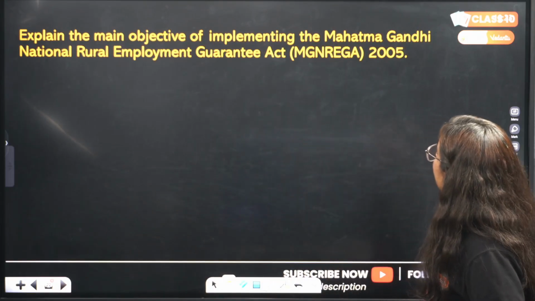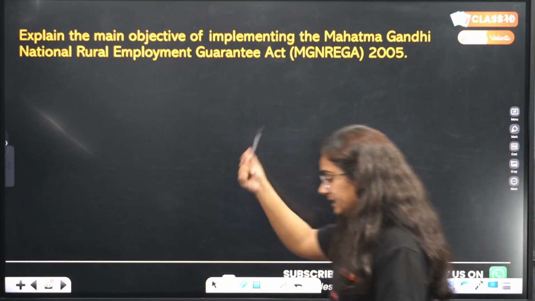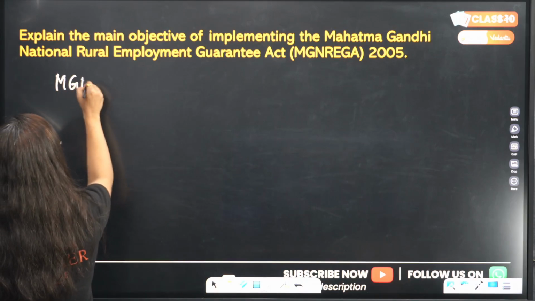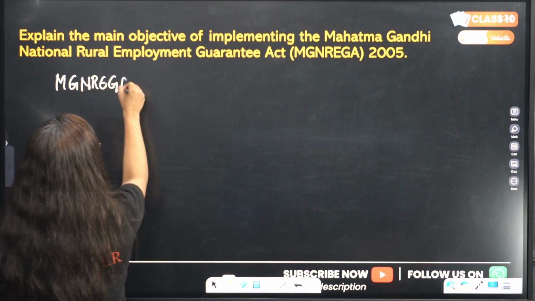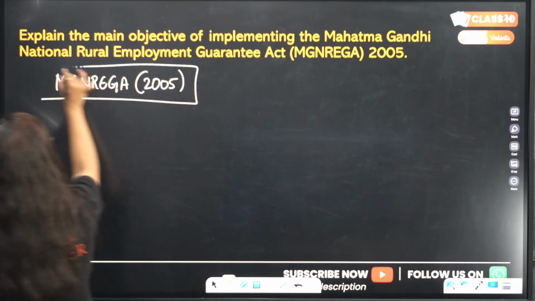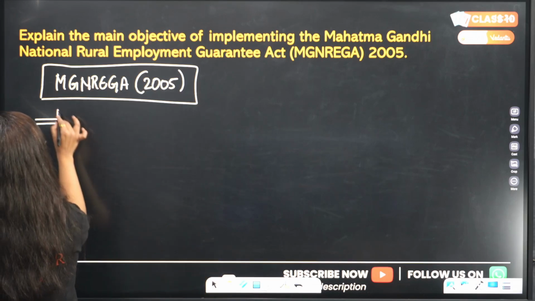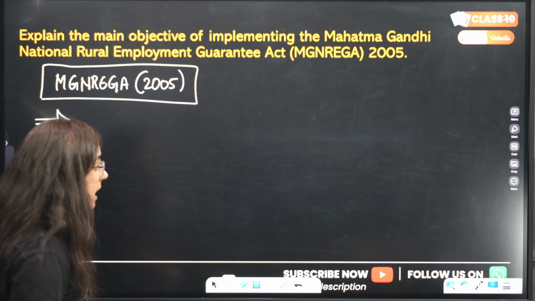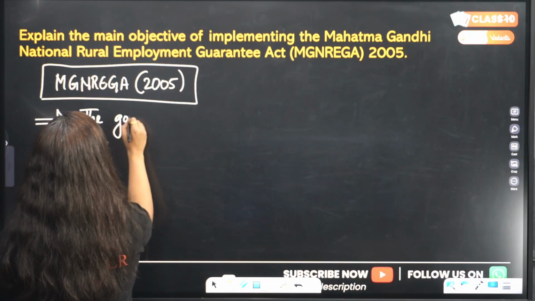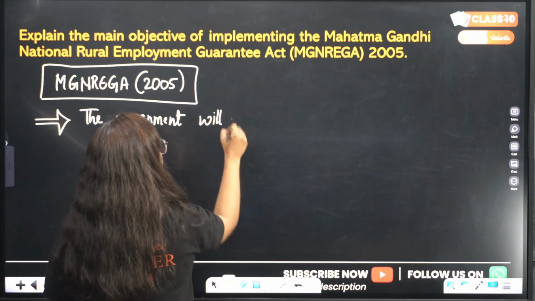Explain the main objective of implementation of the Mahatma Gandhi National Rural Employment Guarantee Act, that is MGNREGA. So here we are going to talk about MGNREGA. MGNREGA was passed in the year 2005. Now what is the main objective of this scheme? MGNREGA says that the government will provide, pay attention, this is very important,